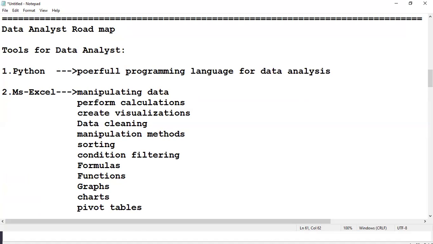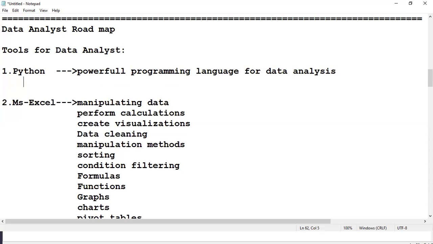Python is the most chosen programming language for data science, data analyst and data engineering. For all this, Python is the prerequisite. It has got modules, so you will be discovering Python libraries.